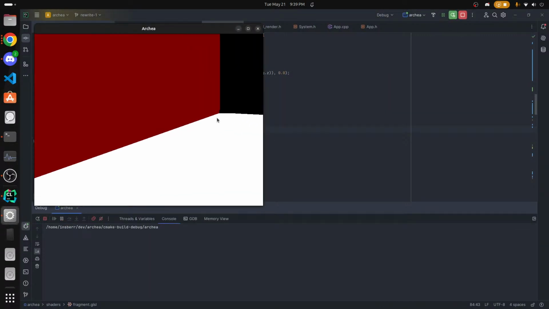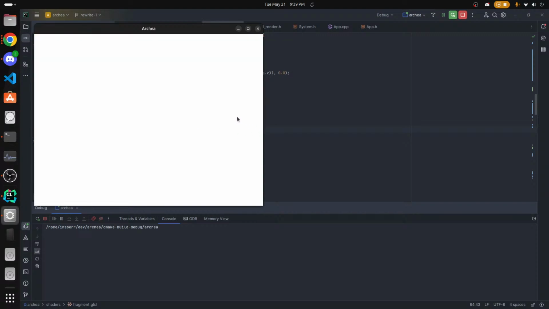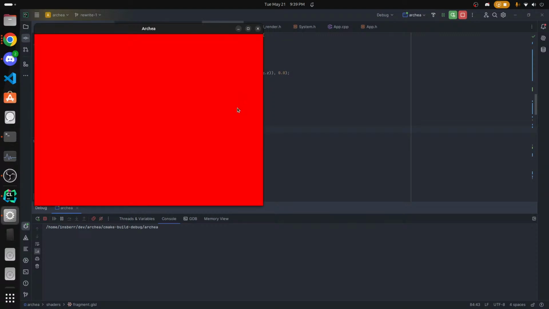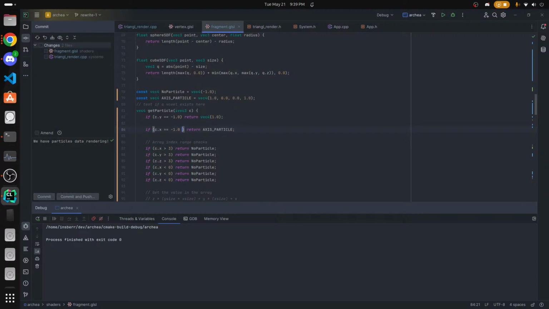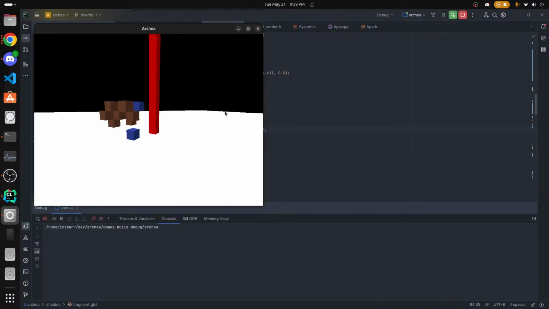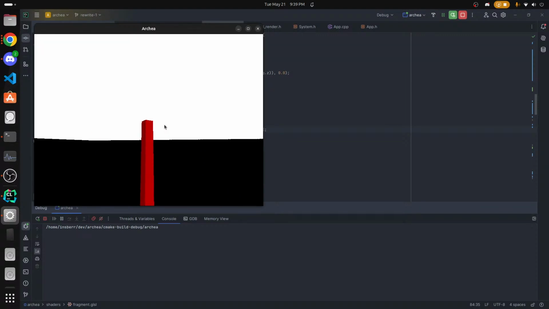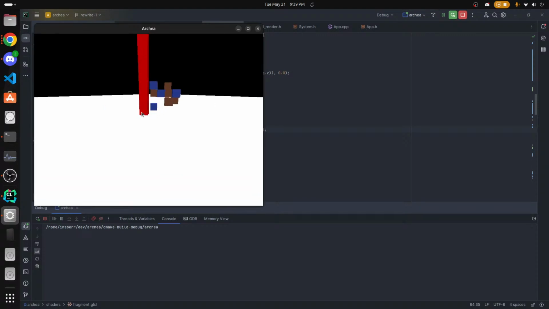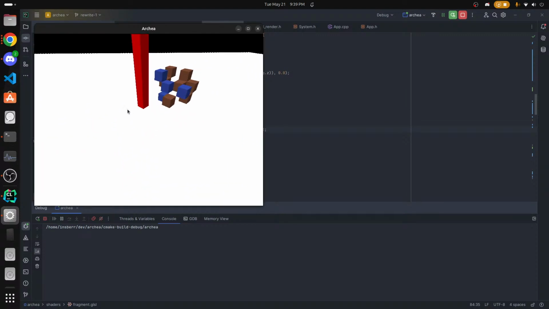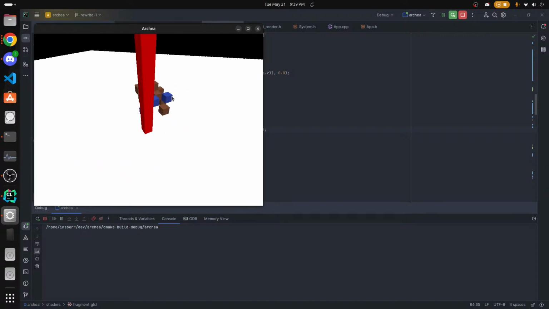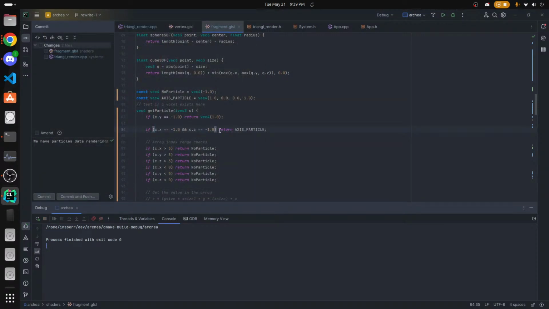Let's see what happens. We should get basically a wall on the x-axis, yeah. So the thing to then limit is c.z equals -1.0. So then it has no depth. Yeah. So now we just have a straight line, basically. Anything needs to be in between these. And then